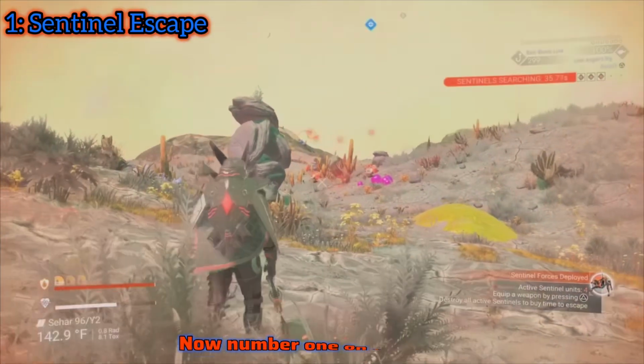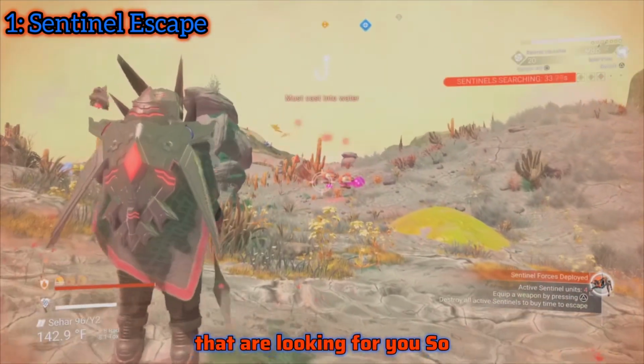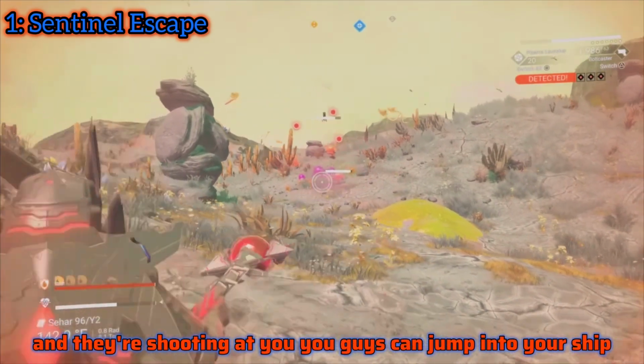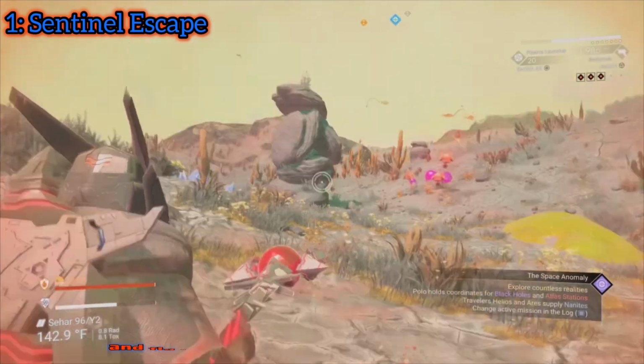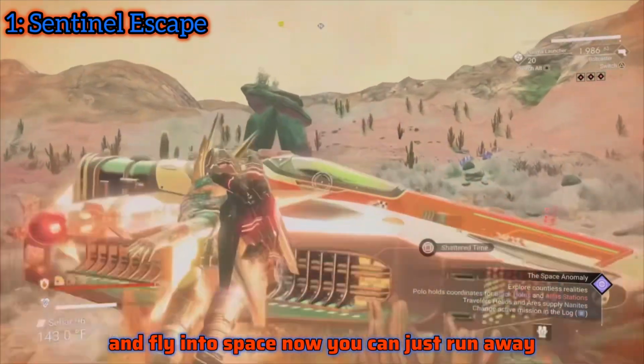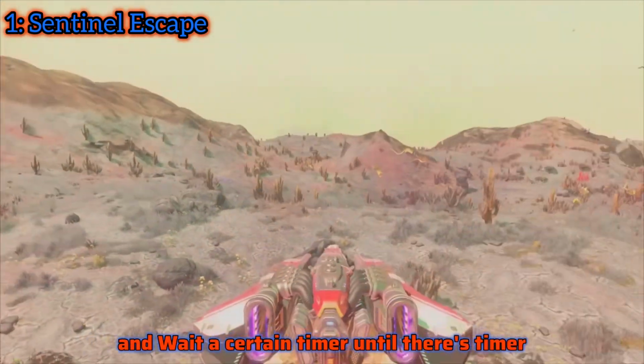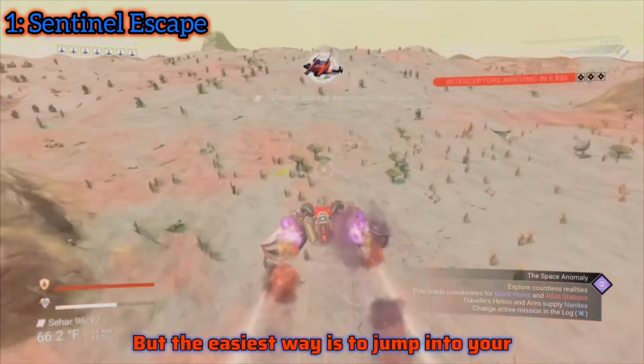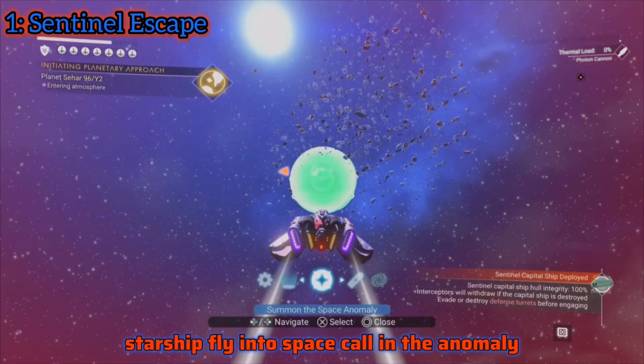Now, number 1 on this list is how to get away from sentinels that are looking for you. So, if they are actively searching for you and they're shooting at you, you guys can jump into your ship and fly into space. Now you can just run away and wait a certain timer until their timer of searching for you goes down to lose them, but the easiest way is to jump into your starship, fly into space,